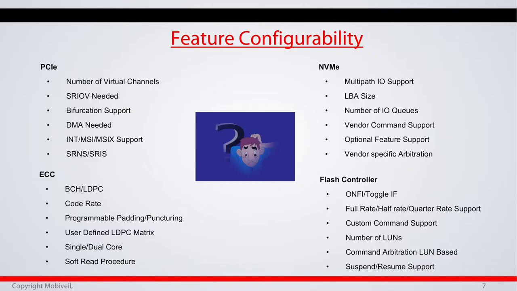Similarly, what is a soft read procedure? If you look at these, just the 4 parts, again, there are huge features which are available when you look at it, and we need to provide this configurability in our solution, because we don't assume that 2 customers are going to come and say, I want this code rate. So we have to have a solution where it is still usable and the customer can decide what is the code rate they want to actually use for their requirement.